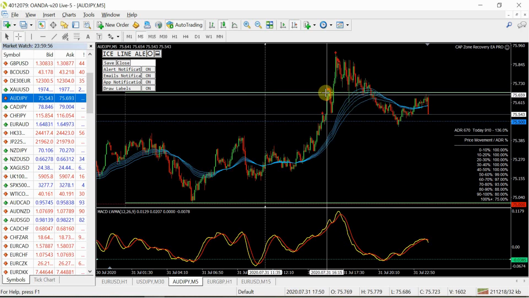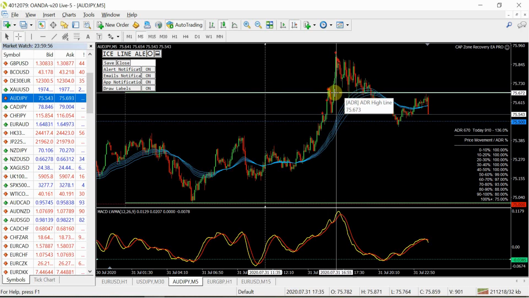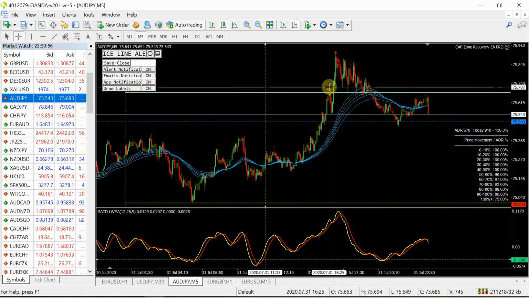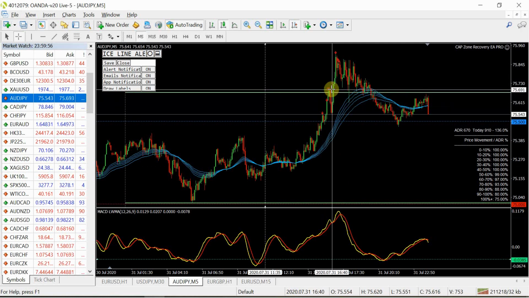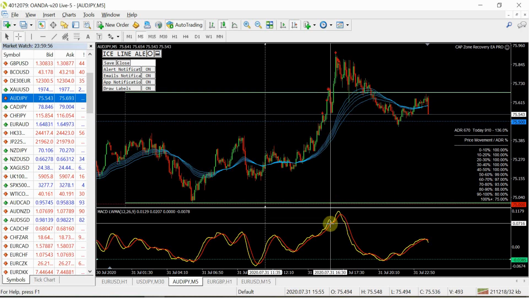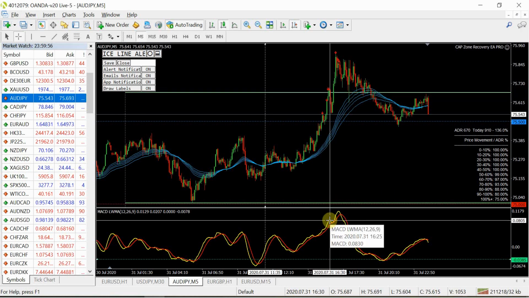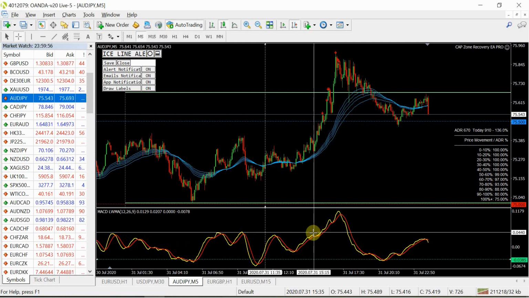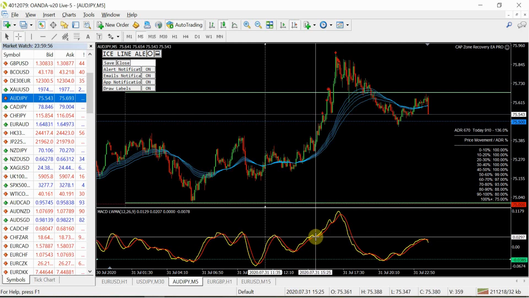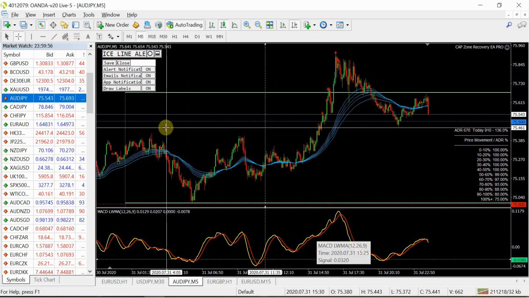So we can see when the ADR hits that level, we're at this point over here. And again, the RSI is overbought on multiple time frames. So we're looking at the last cross. The last cross happened at this level here. You may not be able to see it, but you can see that the yellow line crossed over here. So if we